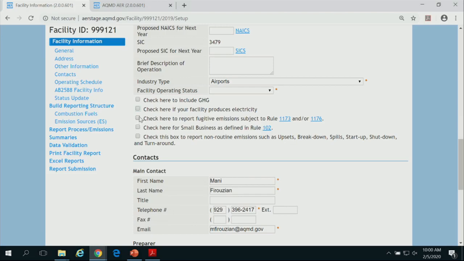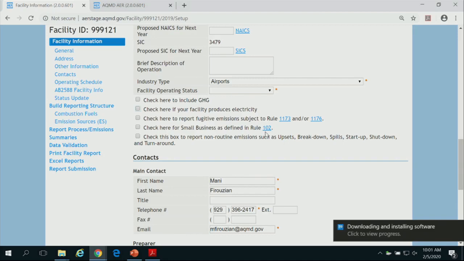Categories for fugitive emissions. If you're a small business, the definition is provided in Rule 102, and Eugene covered what small business means in his section. You check this box. And the last one, I would say, is the most important one: non-routine emissions.